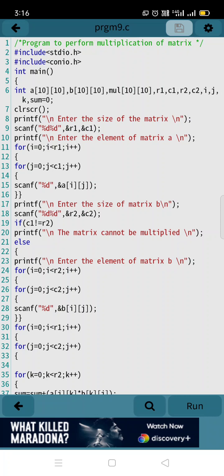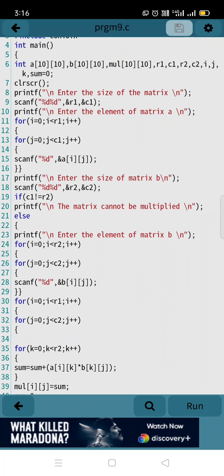Initially in the for loop, the value of i is given 0, and the condition is i less than row 1. If R1 is 2, then it will be checked, until that condition becomes false.